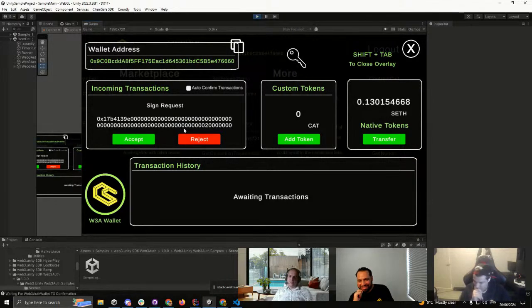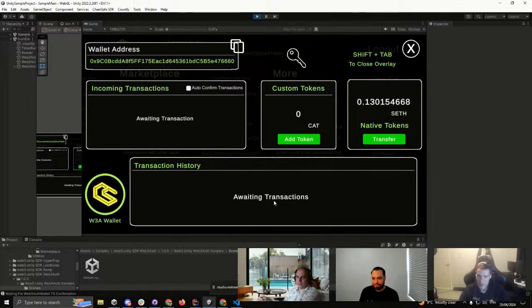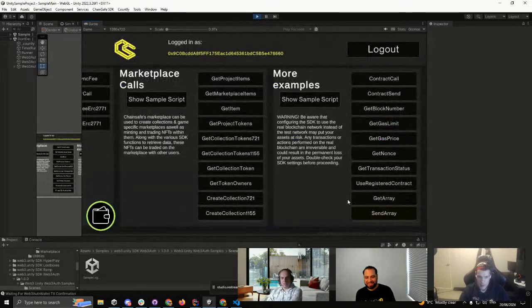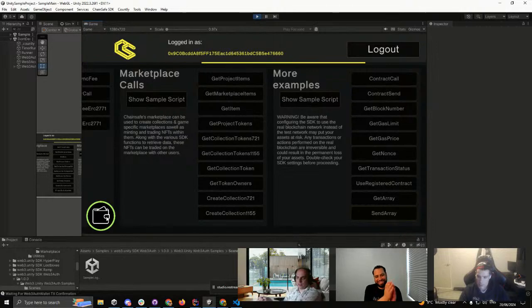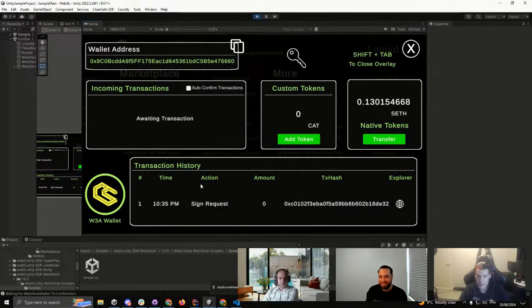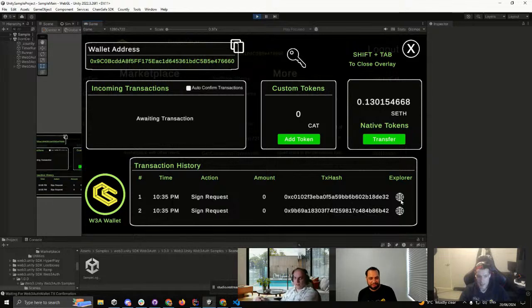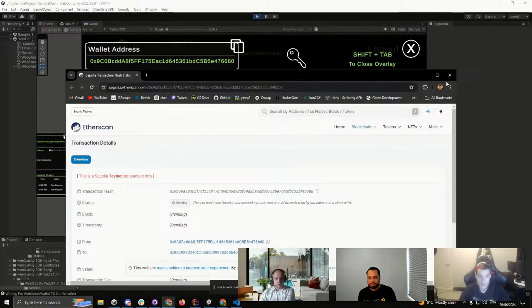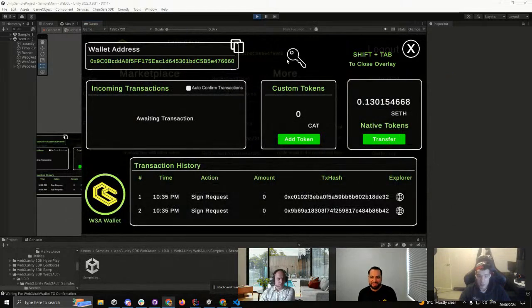We're good. Okay. If you have auto-confirm transactions on, it will automatically go through as Web3Auth usually does. But if you have it turned off, you get a prompt like you would in MetaMask. So you can sign the data request here, and it will put it through here. And again, if you have, say, another one, for example, again, bang, puts it through here, gives you a hash, and you can even press this little thing, and it will take you straight to the block explorer URL, which again is pulled dynamically, which is pretty cool.